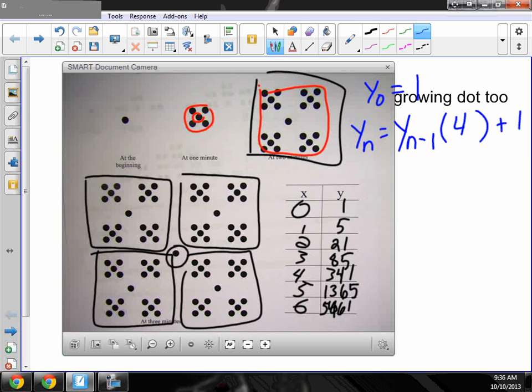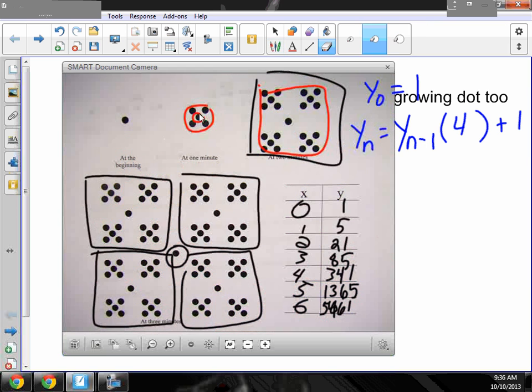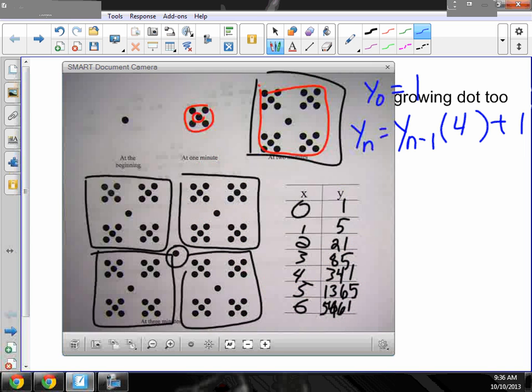Is this exponential? Almost. If I were to get rid of this 1, then it would be exponential, because it would be times 4 times 4 times 4 times 4. But with that 1 on there, it's no longer exponential. It's kind of exponential and then add 1. Exponential and then add 1. Exponential, then add 1. Okay? So